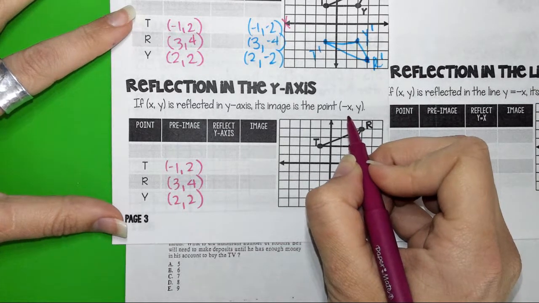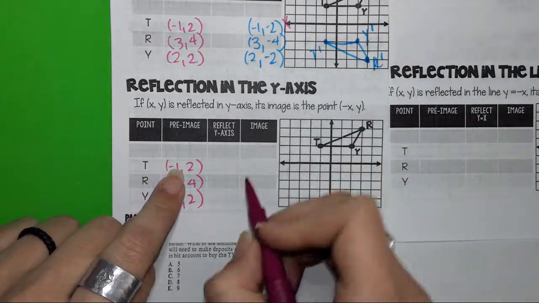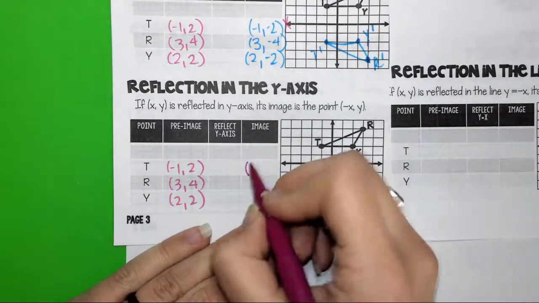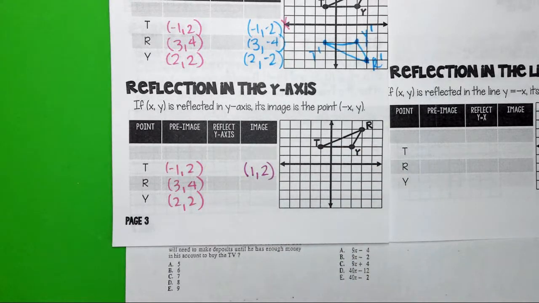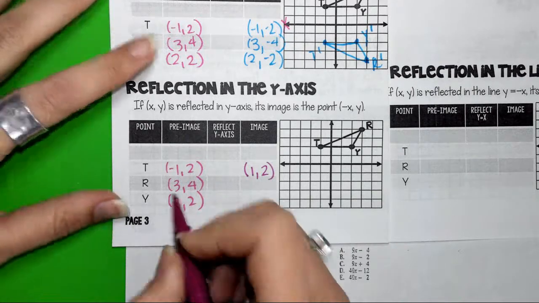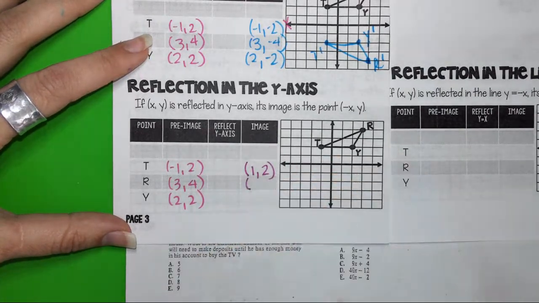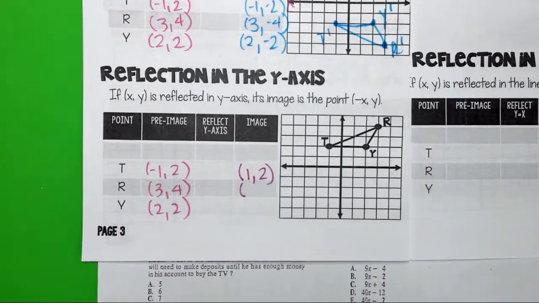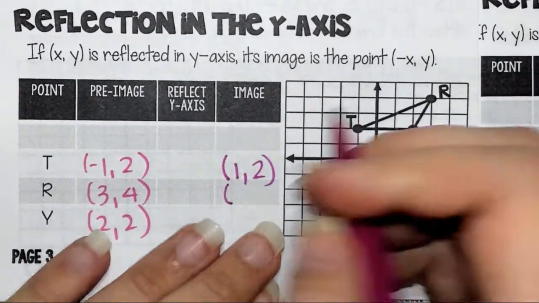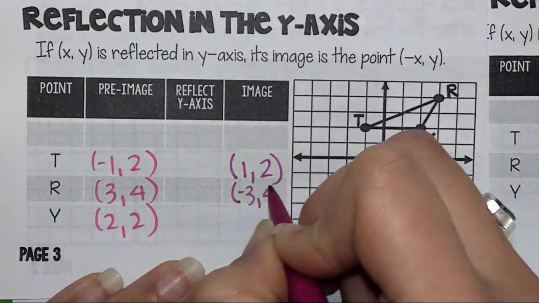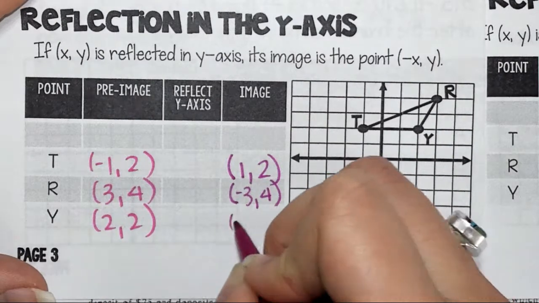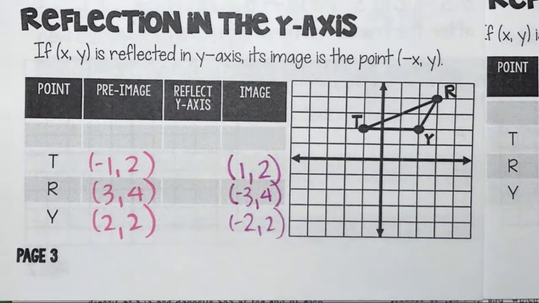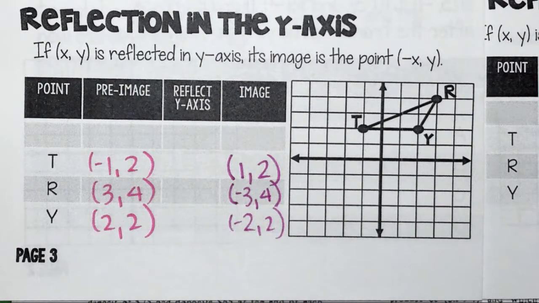So now we're changing the sign of our x. So instead of negative 1 for t, what's our t prime going to become? 1. And then our y value stays the same. Our r value, what's our coordinate going to be? Negative 3, 4. All right, our y value is going to become? Negative 2, 2. Awesome. So you're just doing it opposite. Yes. All right,